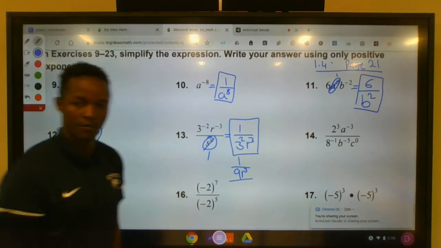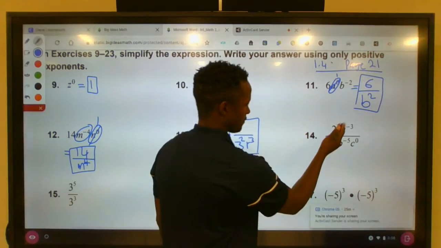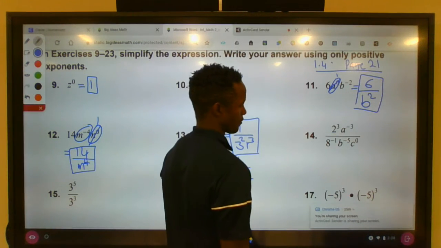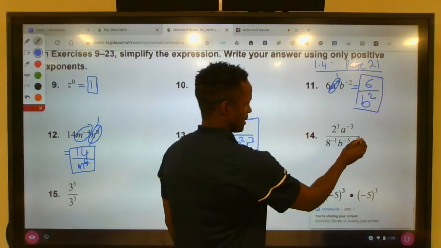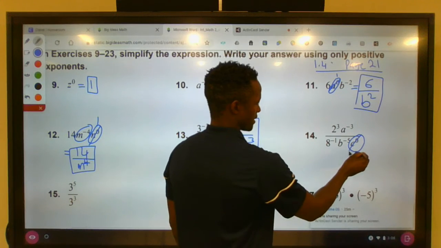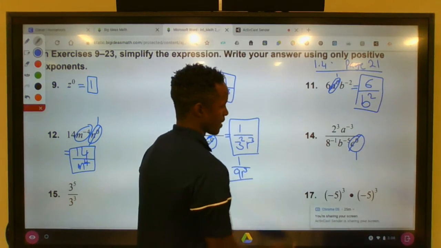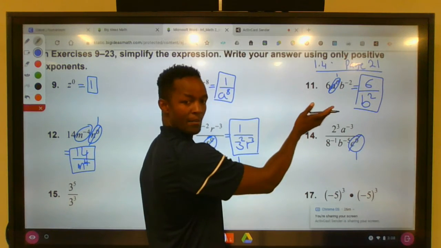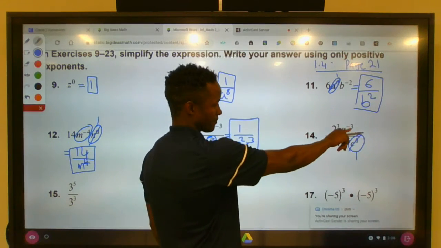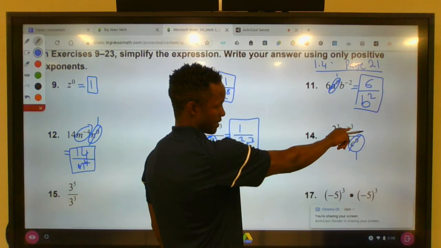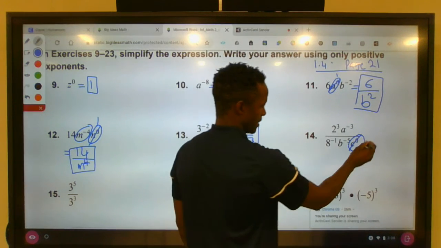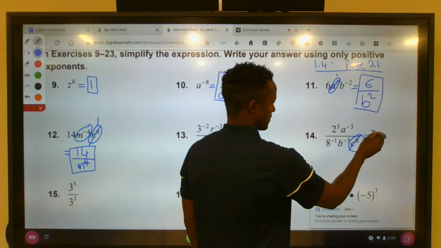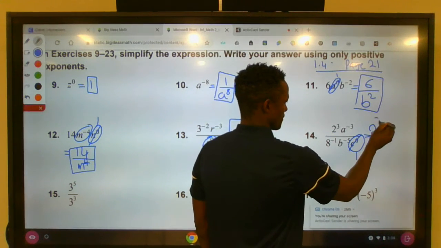Okay. Moving on to the next one, it looks like a lot going on, but it really isn't. If you just start with what you know and what's obvious, it's always good to start with a 0. We know that just cancels to a 1. I do have a few negative exponents at the bottom. They're just going to go at the top and become positive. I also have a negative exponent at the top. It's going to go at the bottom and become positive. So all I'm going to have left here with the top that's going to stay positive is 2 to the third power